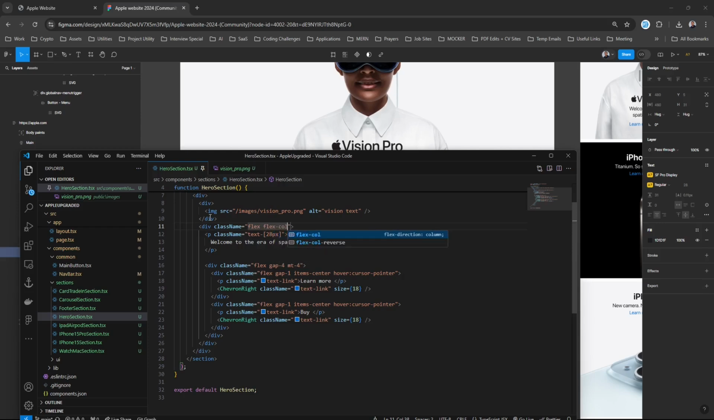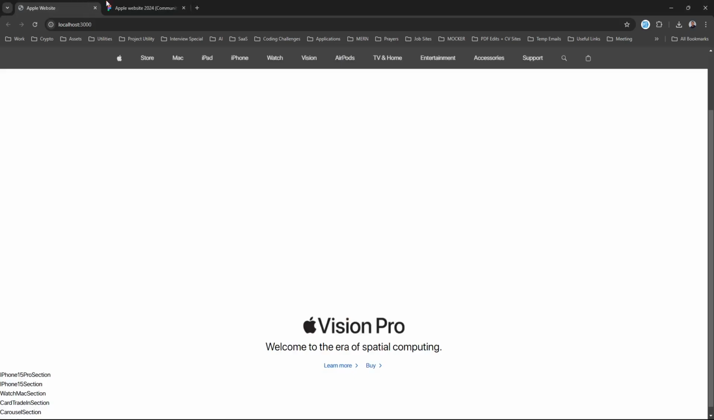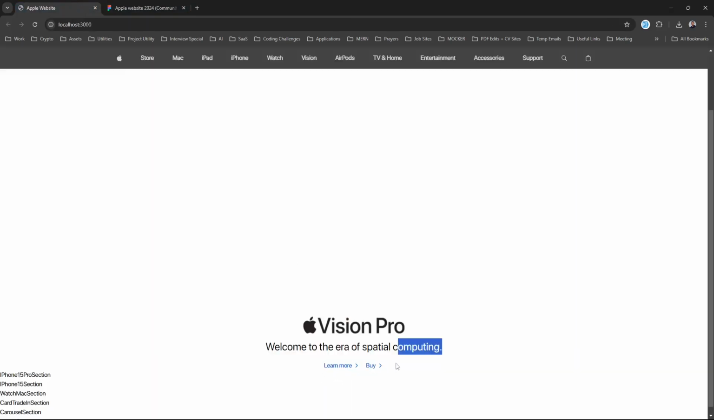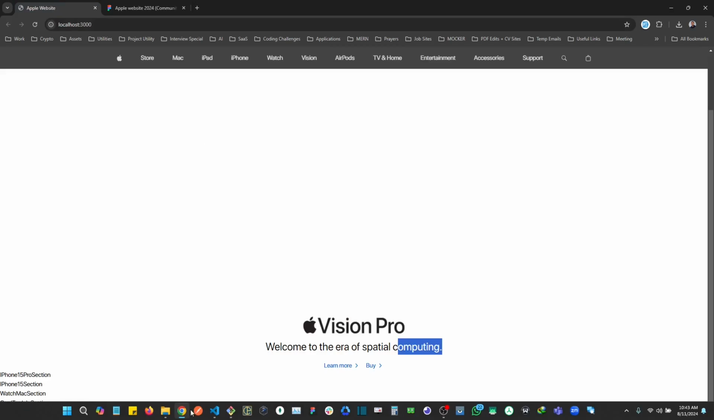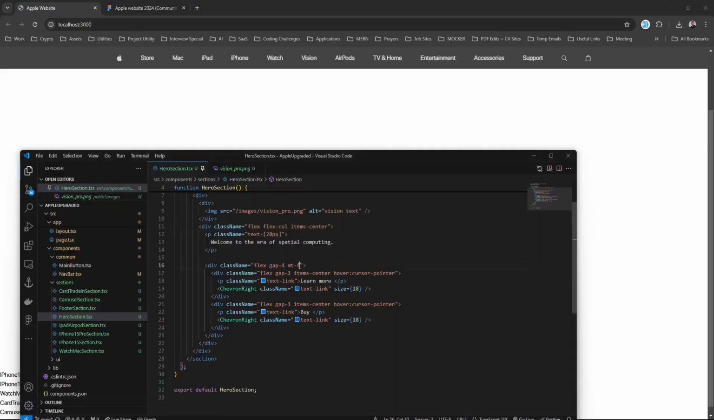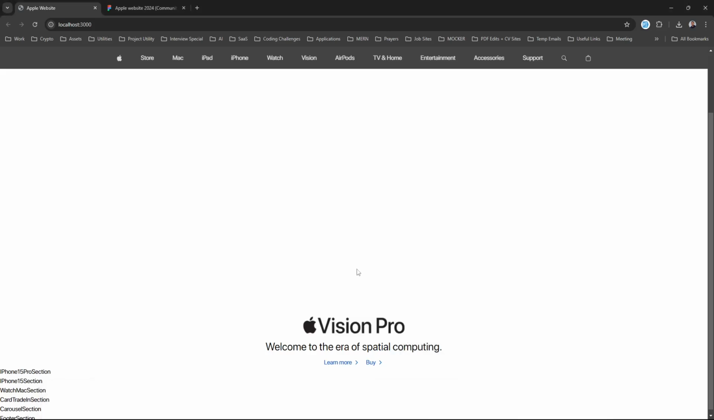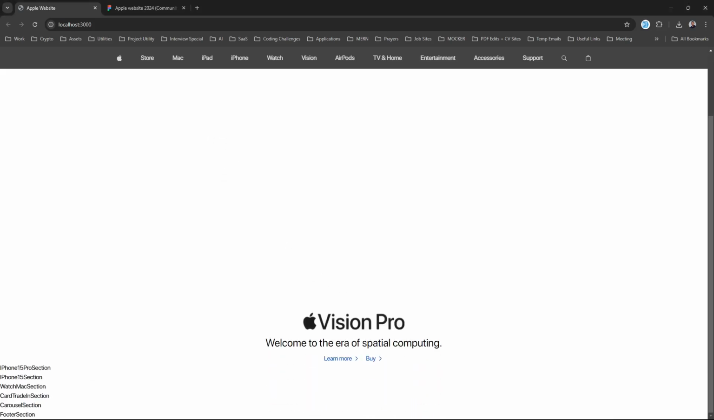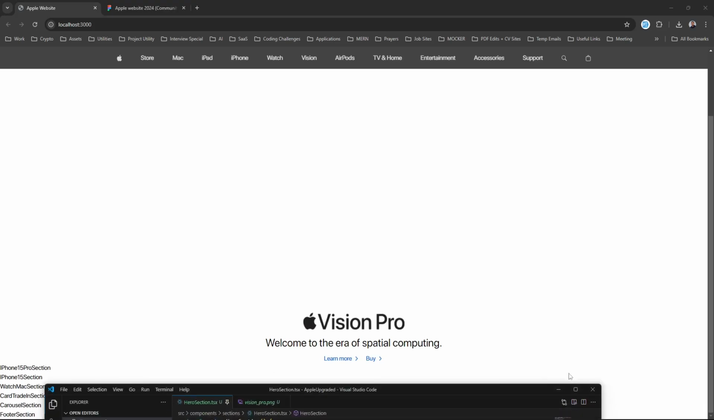Okay, so flex, column, center, something like that. Okay, so it seems the lend more and buy seems to be way down. So maybe we can use the MT2. Nice. Okay, so one other thing that we will do is, I love the fact that this is